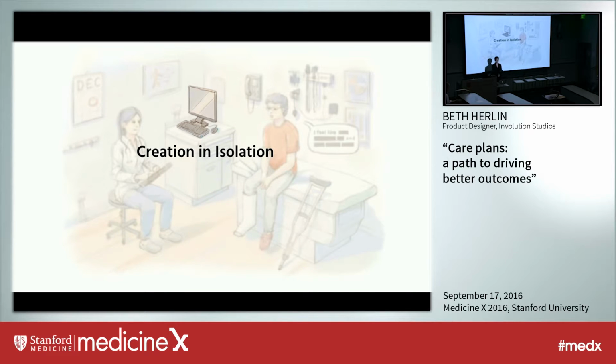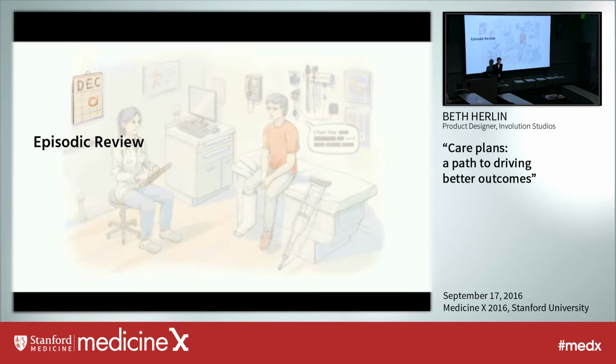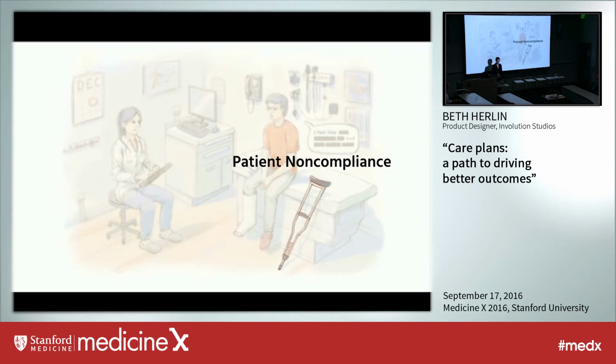There's not one holistic plan shared across his entire care team, and there's no standard content for his care team to pull from. Edwin is concerned about what people will be able to see in his health record as well. Since he doesn't have full control over his health information, he's hesitant to provide more than what he thinks is necessary for Dr. Yang to treat him. She tells Edwin to come back and see her again in 1 month to check his progress. But Edwin's health status could change drastically in that period of time, and he'll still be following the same potentially harmful course of treatment. After Edwin leaves the office, there's a 50% chance of him continuing his prescription if he even fills it.